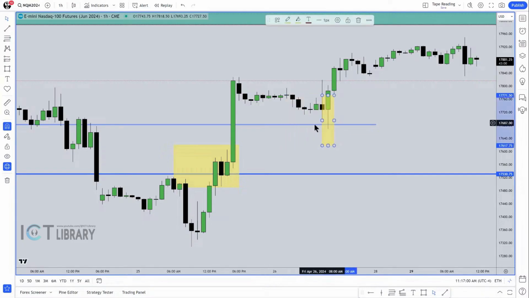So let's look at this little piece of action in here. We're on an hourly chart here. When it dropped down, it touched that higher bullish order block, the opening price. So it's going to act like what? A trampoline. It's going to spring. It's a change in a state of delivery. Delivery is directional price run. That's what that is. So if there's a change in a state of delivery, that means there's going to be a change in the direction of price.